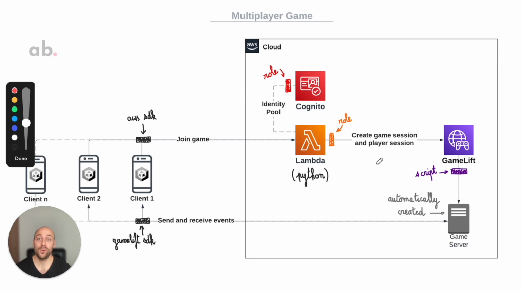In the last video I published, I explained in detail how to configure each Amazon service to build a real-time multiplayer game: Cognito, Lambda, and GameLift. Regarding GameLift, I explained how to configure a service and I provided a generic script to make it work. But I did not dive into detail in order to focus on the main topic. In this video, I will explain in detail how this script, generally called the real-time script, works.